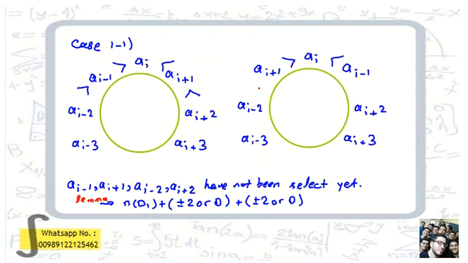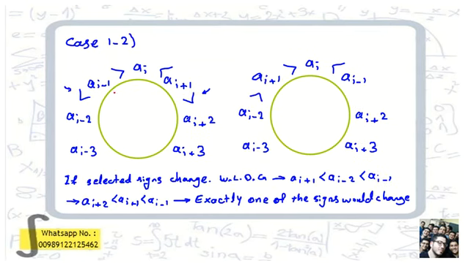we can say it would be for this case because both of them have an effect on n of d1. Changing this by lemma 1 would cause n of d1 to change by plus or minus 2 or 0, and also in this case plus or minus 2 or 0. So the parity of n of d1 won't change. Now we want to consider the case that it is greater than,